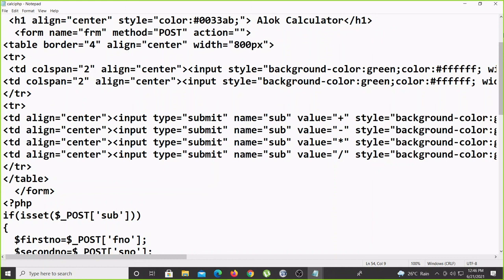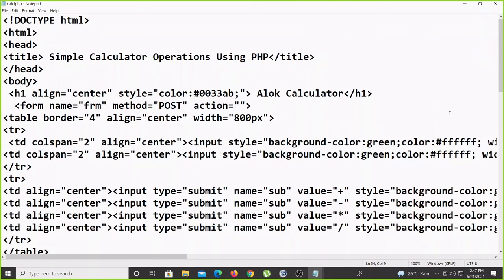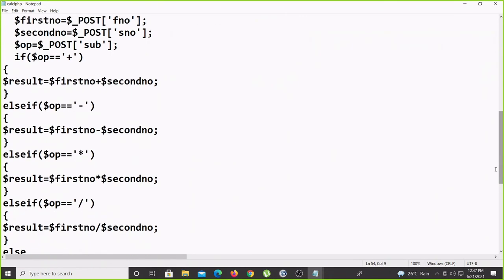In the same way, you may have programs like addition of matrices, transpose of a matrix. Whatever concepts you know from C programming in the first semester, the same concepts are there, nothing extra here, but we have to do it with the help of PHP. Whenever you see the syntax of the if condition, for loop and while loop, almost all programming languages are the same, nothing extra. Okay, so this is regarding the concept of the simple calculator using PHP.